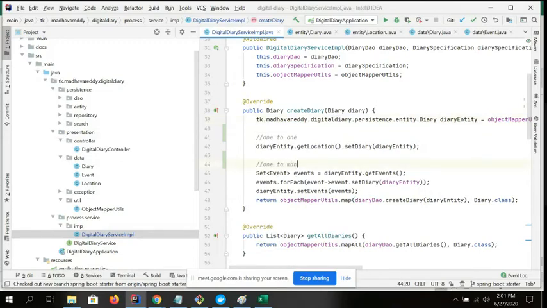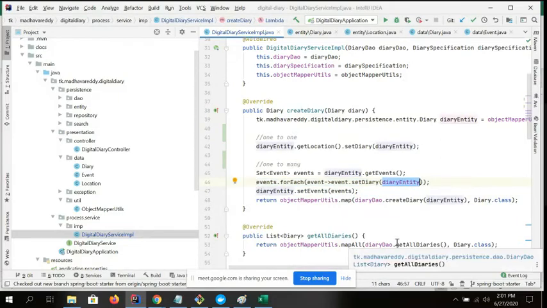One to many. Now I'm iterating it again with a for loop and for each, and I'm setting this entity value for each and every event. Then each and every event will have a single ID. Suppose I am saving one diary event, and when I save this one, automatically this diary event only will save. Next time if I save another diary event the next day, the next entry will be there with that primary key.